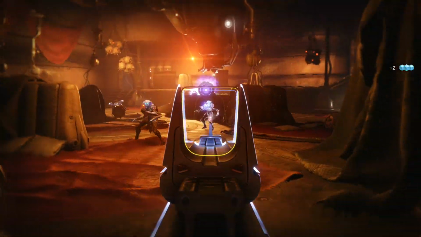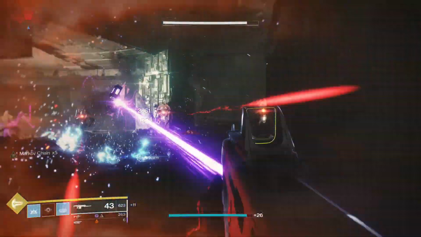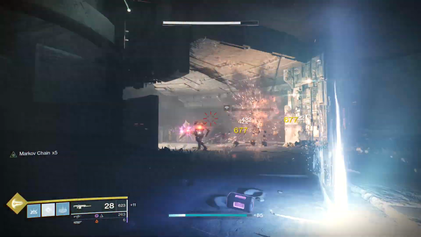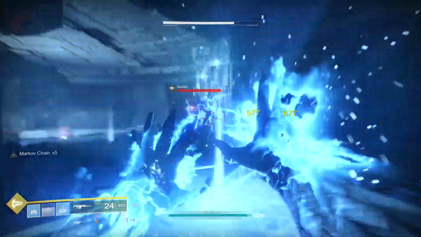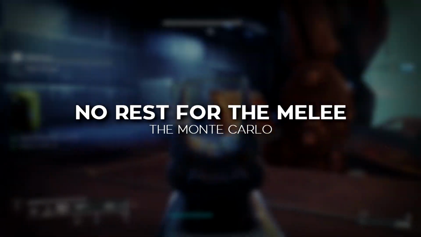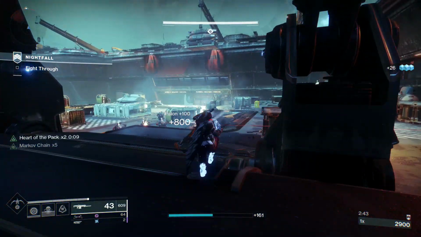There are a lot of exotic weapons vying for your attention in Destiny 2, so there has to be a strong reason for you to choose one over the other. Today we're going to examine the Monte Carlo and talk about its strengths, weaknesses, and effects on your gameplay. Let's get started. The Monte Carlo is a 600 RPM auto rifle with some above average stats, but its base